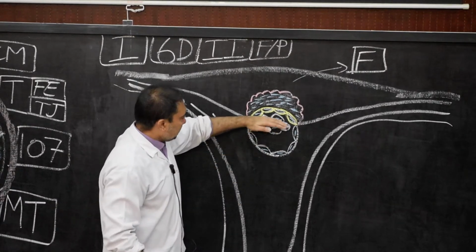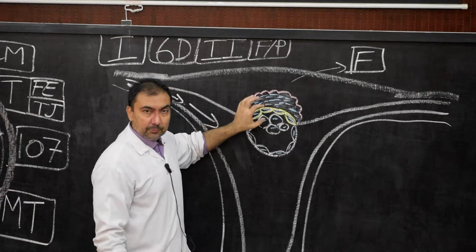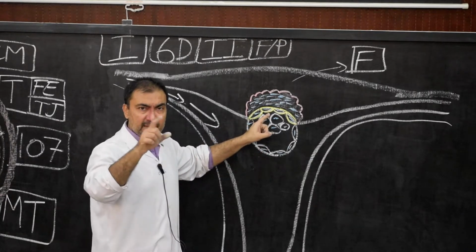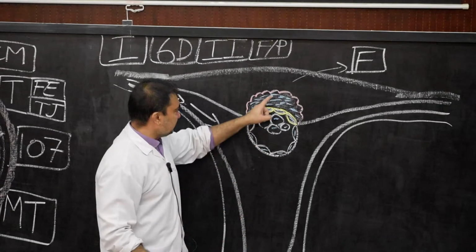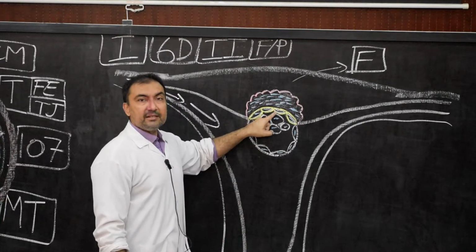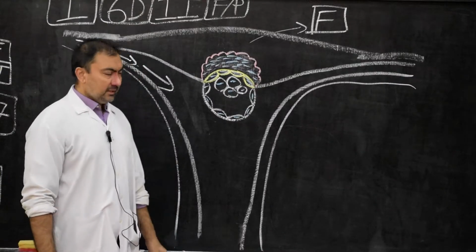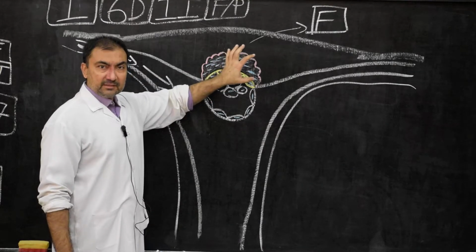But here the differentiation has first taken place at the polar end of the embryo, at the embryonic pole. At the embryonic pole, the polar trophoblast has differentiated into two layers, syncytiotrophoblast and cytotrophoblast, coming up in the next segment. This is how the encroachment of the syncytiotrophoblast will take place.